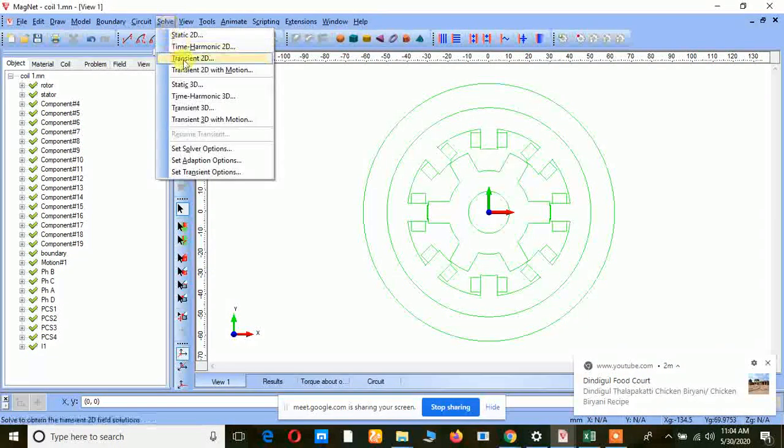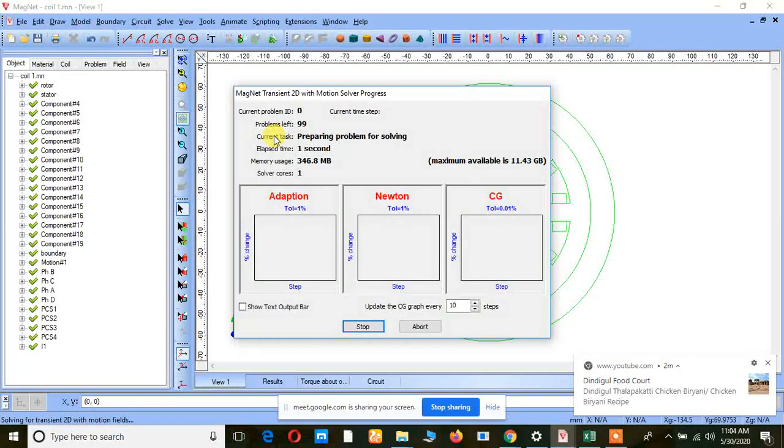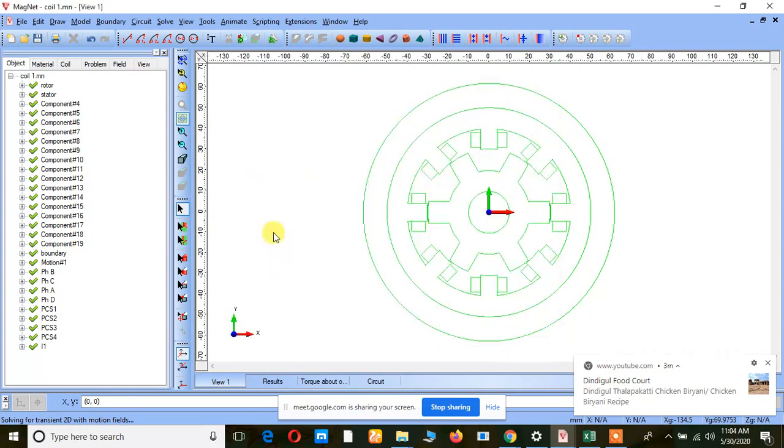Now just solve the transient 2D model. Here is the 99 problem that is left, right? So we will delete that one. After deleting the rotation angle, now I will give it. So this is also one type of error, right? So the error here is,